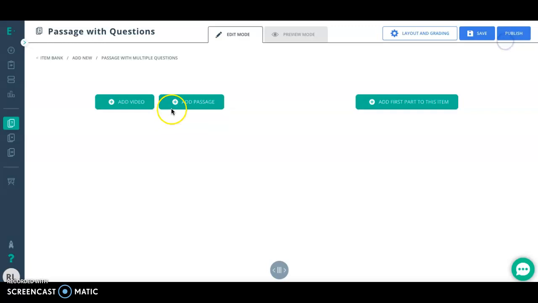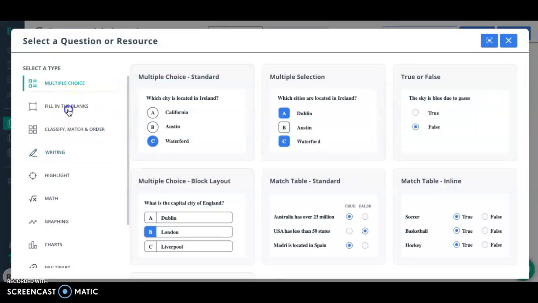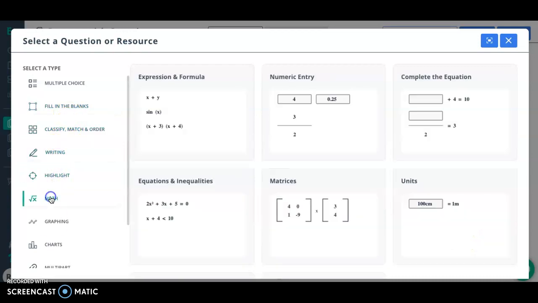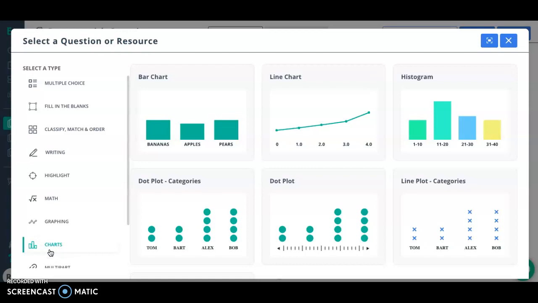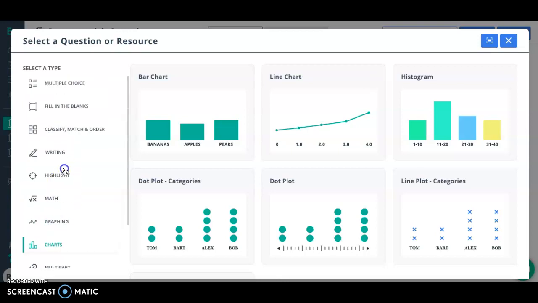You can add a multiple choice question after they read a passage. You can add a fill in the blank. You can add a matching. Literally any type of question type you can add to this passage. So that's really, really awesome that the students can read the passage and then do any type of question that